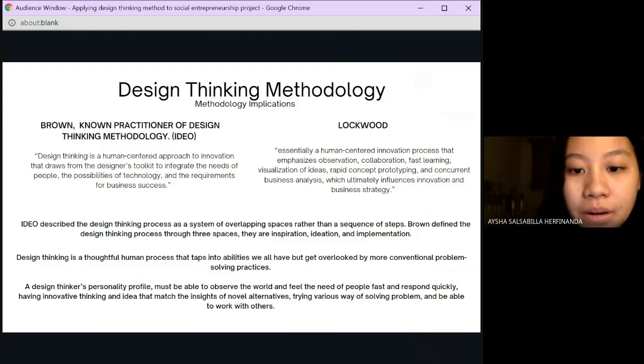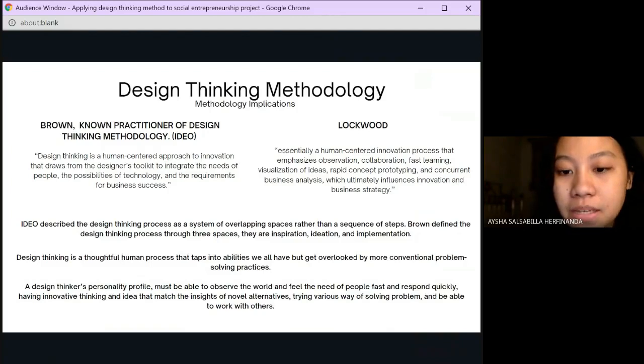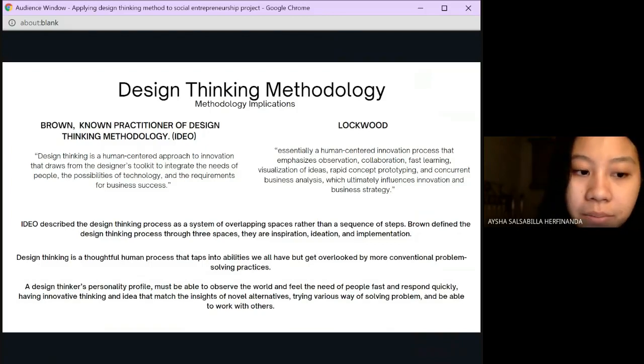IDEO or Brown describe the design thinking process as a system of overlapping spaces rather than a sequence. On the other hand, Brown defined the design thinking process through three spaces. They are inspiration, ideation, and implementation. Design thinking itself is a thoughtful human process that taps into abilities we all have, but get overlooked by